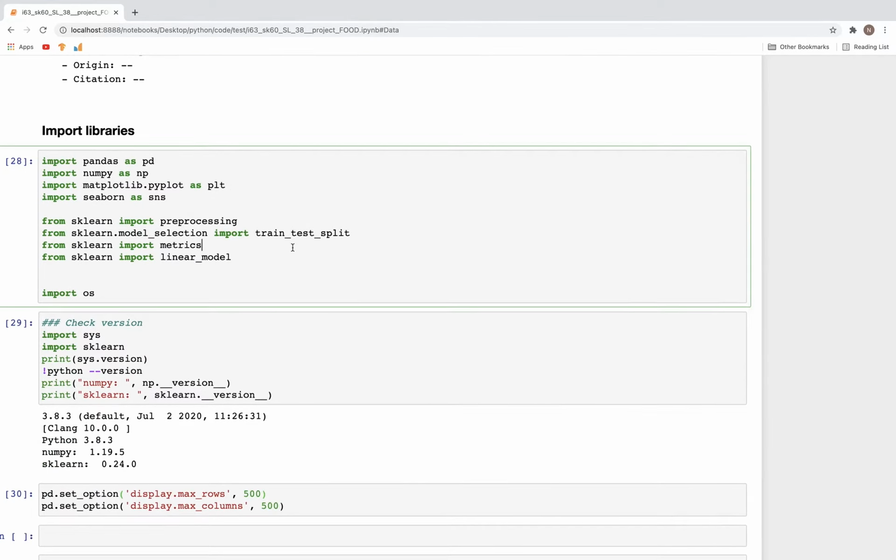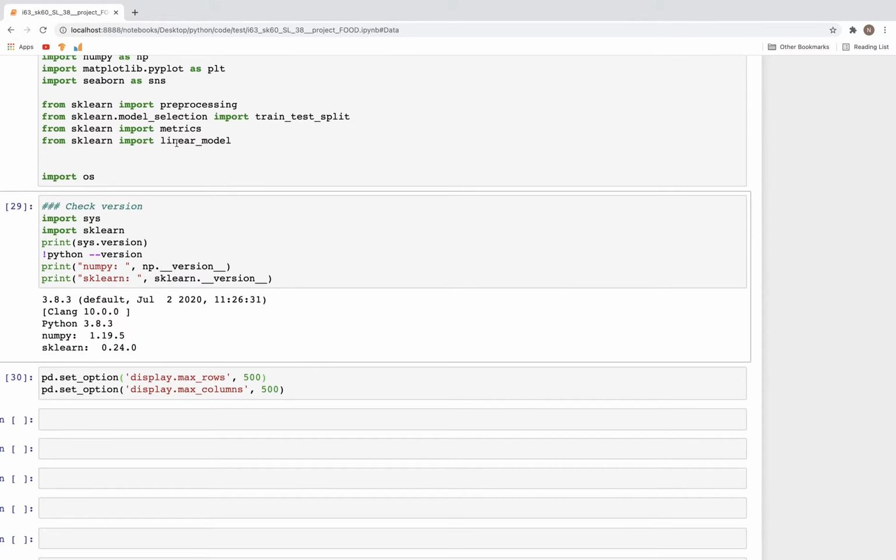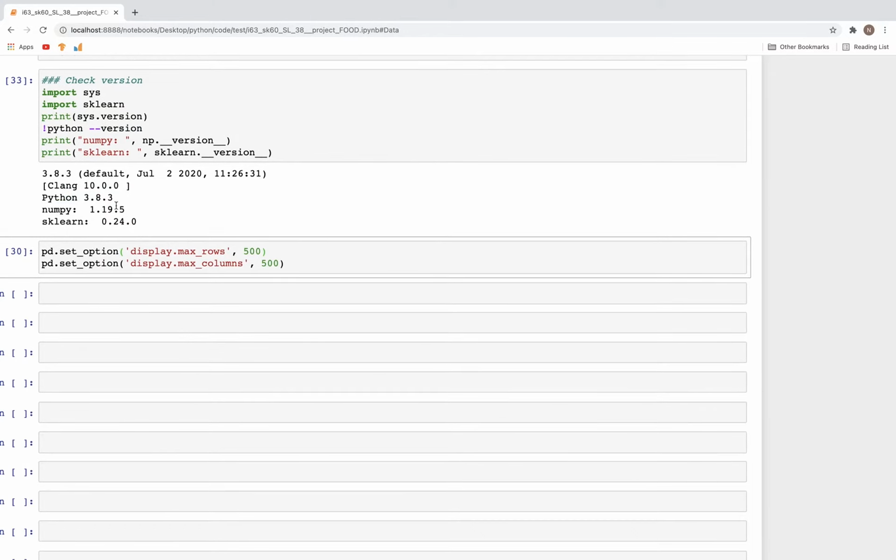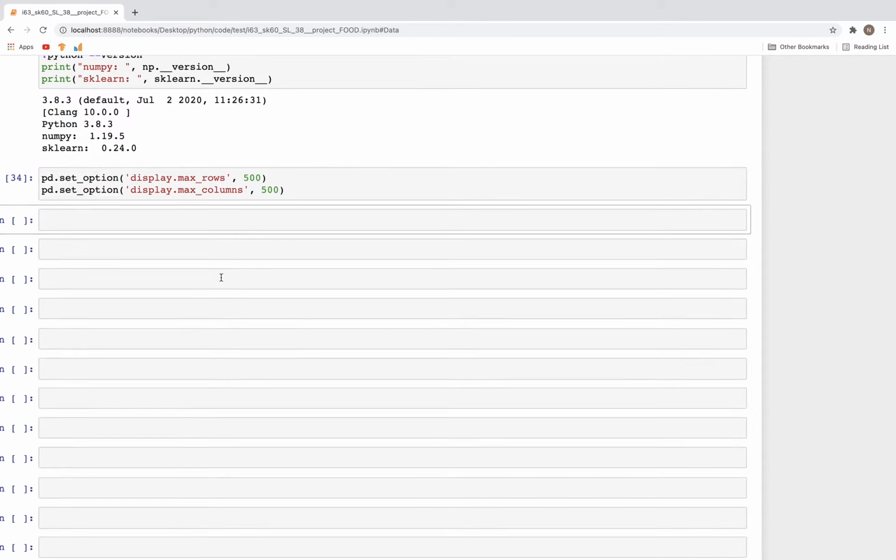For libraries, these are the libraries I'm using. And here we definitely need the linear model library. And these are the versions for the Scikit-learn and Python. Now also set the options for the data frame, how many columns we can display at a time. So for